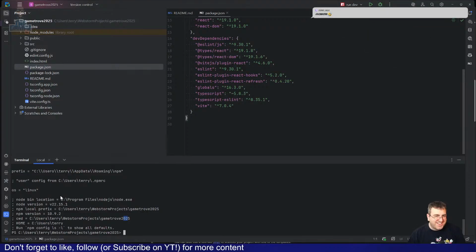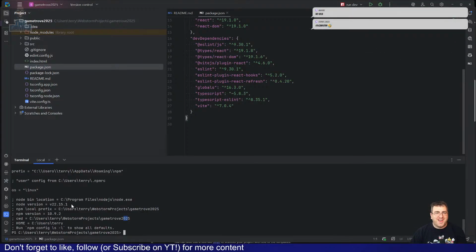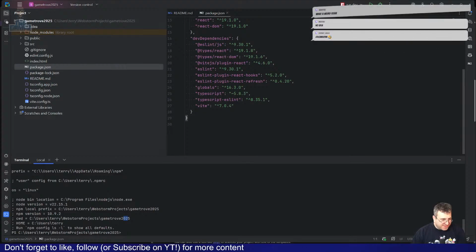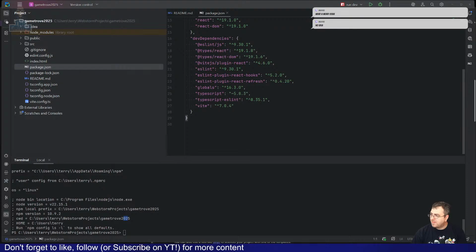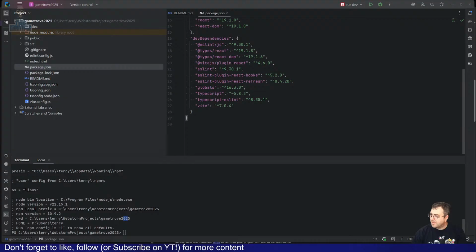Windows. I didn't change this. So why is that? Where are you? OS Win32. I do use WSL, I suppose, but